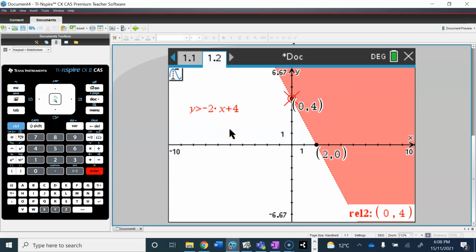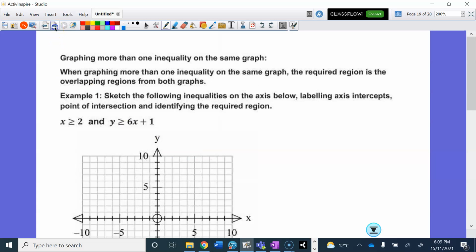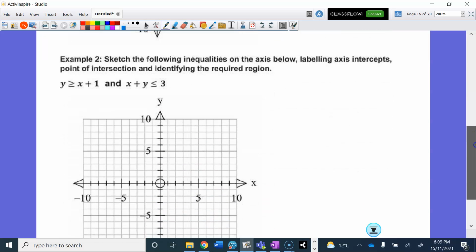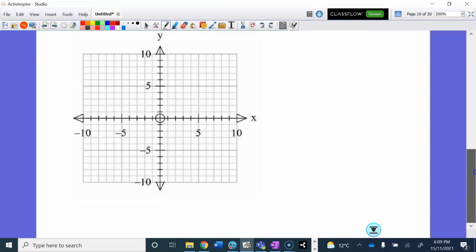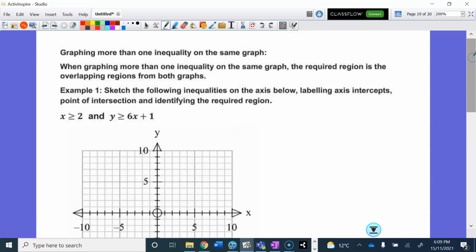So it's pretty quick and easy to do on the calculator, and then your task is to transfer it from your calculator accurately onto the paper. Okay, so then we move on, because we're not going to let you off that easily. Let's do 2 at once or 3 at once. Quite often in year 11 and 12, we get 4 at once or 5 at once. Even in year 12, we often have 5 regions shaded on the one graph. So it does become quite